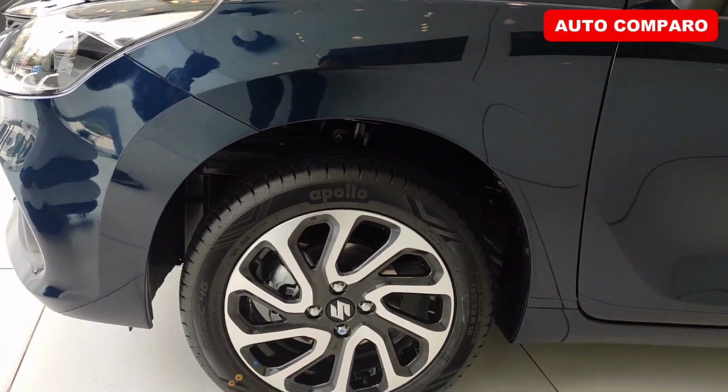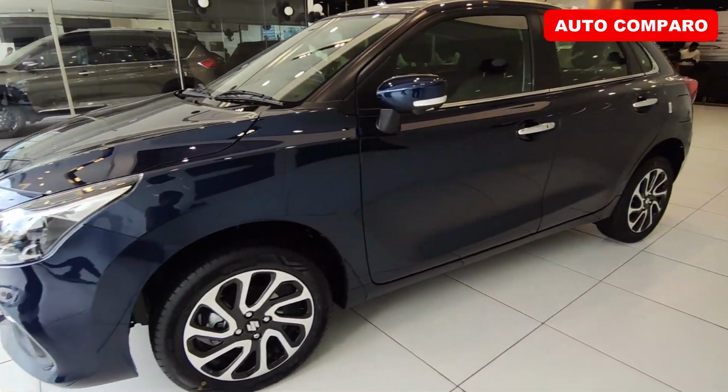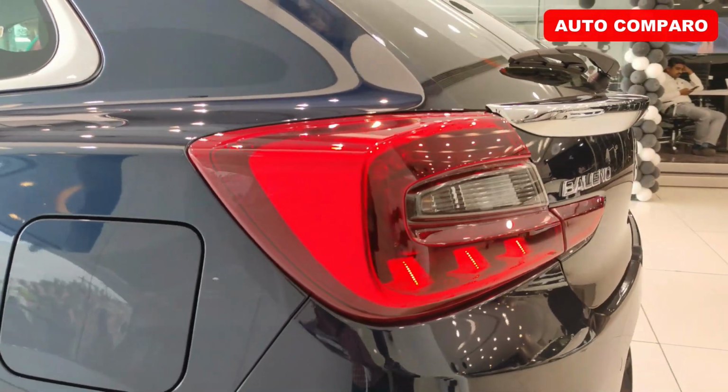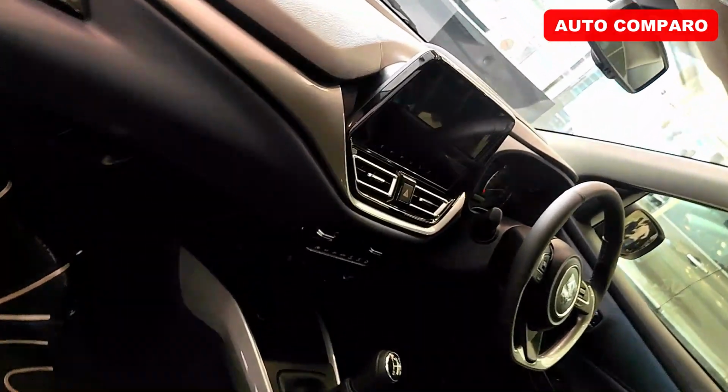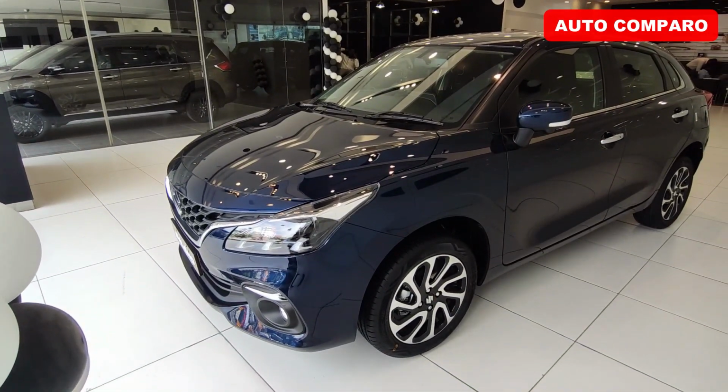Hello everyone, today we are here with the 2022 Baleno facelift. After almost 6 years of its initial launch, Maruti has finally given the Baleno a proper facelift. Today we are going to explore the new age Baleno in detail and we'll find out how well the car has evolved in terms of design, also in terms of added features compared to its previous version and its rivals